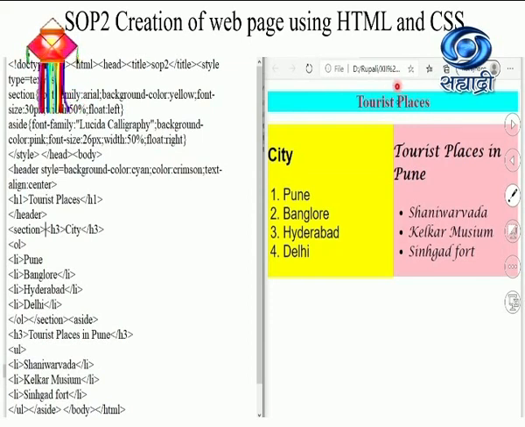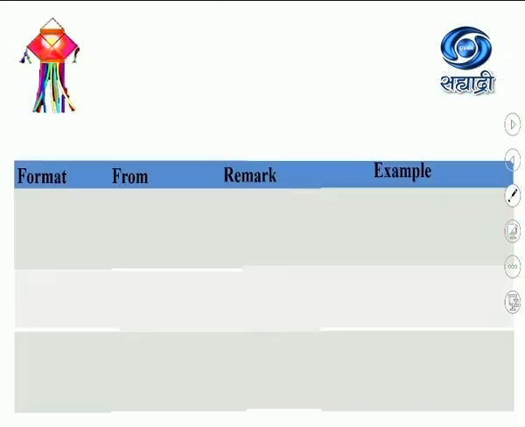For H1, that is a tourist places, you may observe I have used the HTML5 tag that is called a header tag. So for the header, I have mentioned the internal CSS as mentioned in your SOP2. You should make use of internal CSS. So here style tag I have used, and background color I have mentioned over here. Color I have mentioned, and alignment center like this as shown in your textbook. So this is all about SOP2.